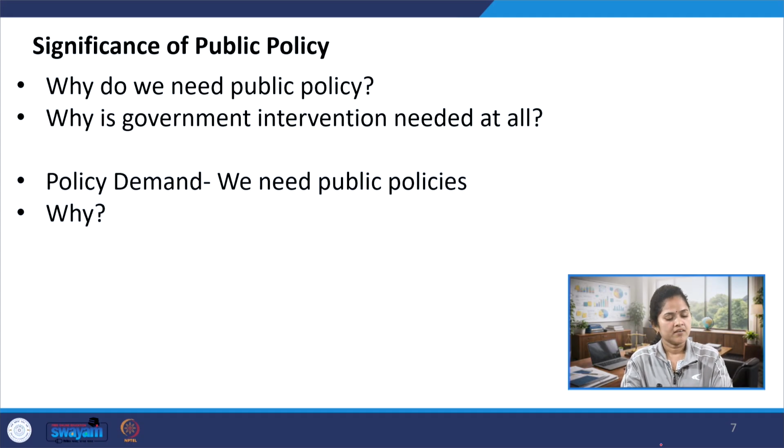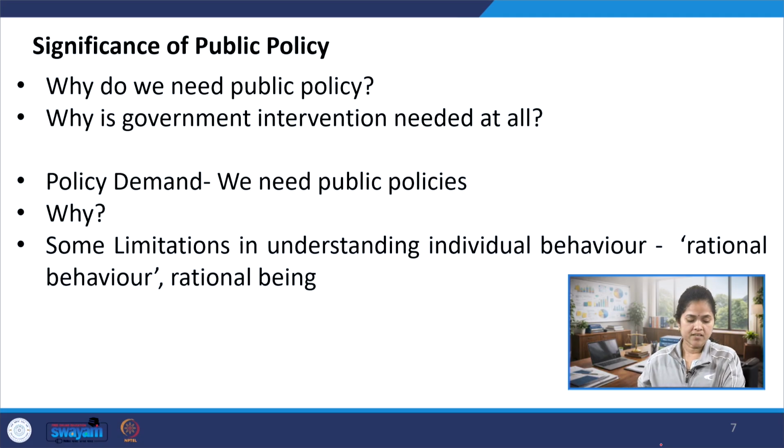So in order to understand this particular discussion of the significance of public policy, and we are taking these questions to explain it, let's discuss the first question, why do we need public policy, what is the reason. So we need public policy because there are some issues or concerns, or we can say when there are policy demands, then of course we need public policy. But again, there would be a question: why at all will we need public policy, or why will there be the policy demand? In order to understand what can be the factors or reasons for getting policy demand, and as a result the public policy is required, we need to understand two aspects,